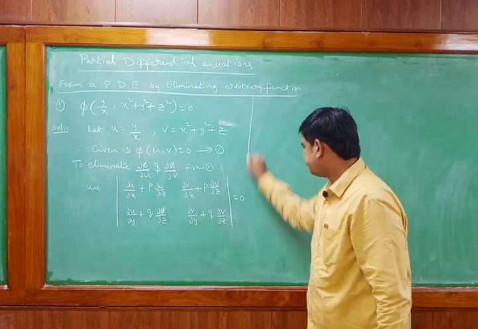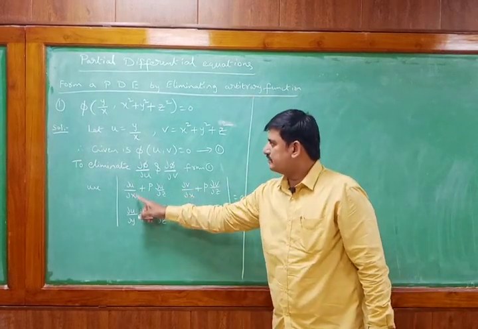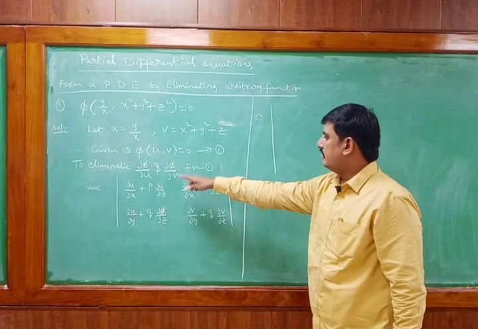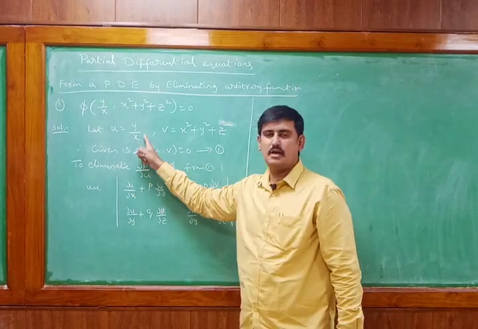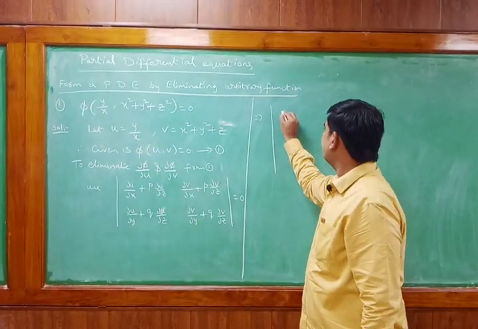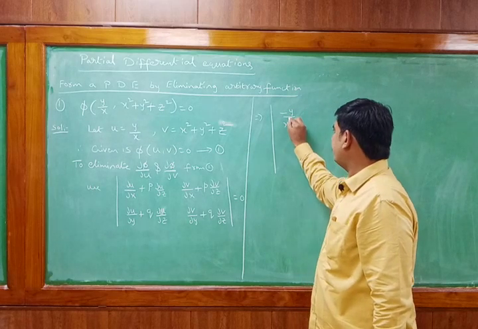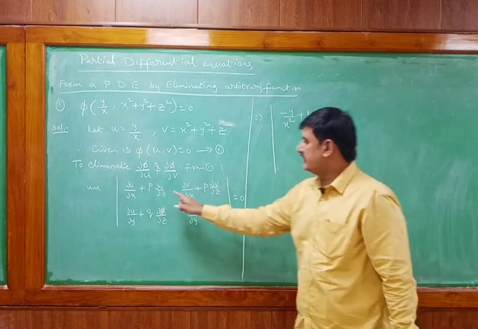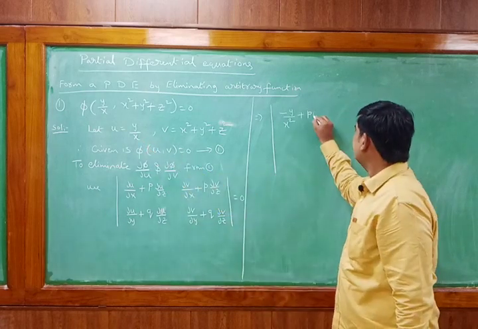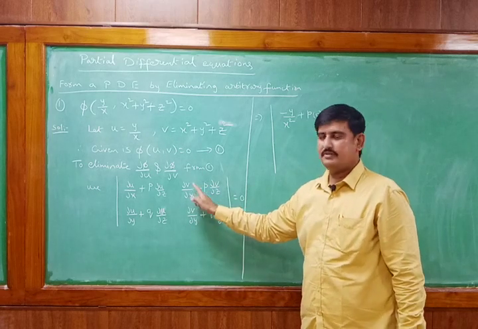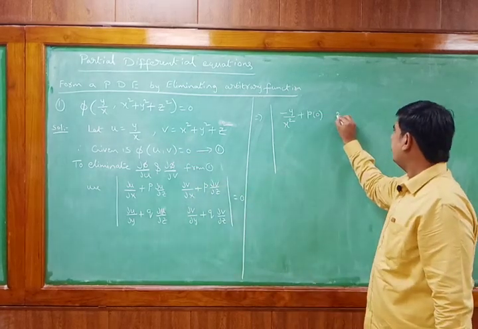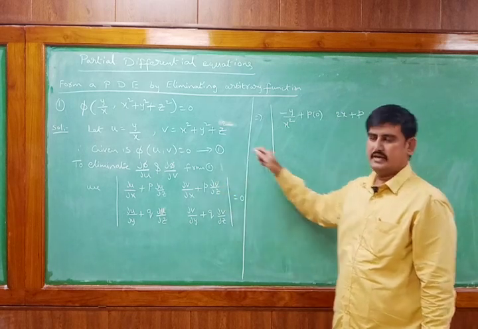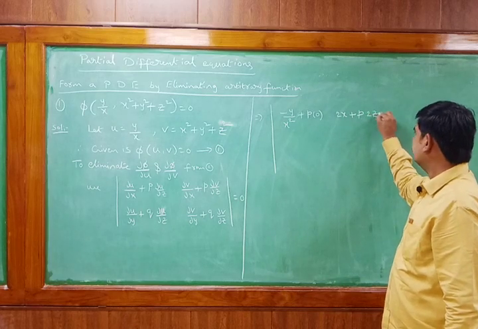Let us see here. First u with respect to x. x is in the denominator. One by x differentiated is minus 1 by x square. It becomes minus y by x square plus p into u with respect to z. There is no z here, so it becomes 0. And similarly v with respect to x: I get 2x plus p times v with respect to z, which is 2z.